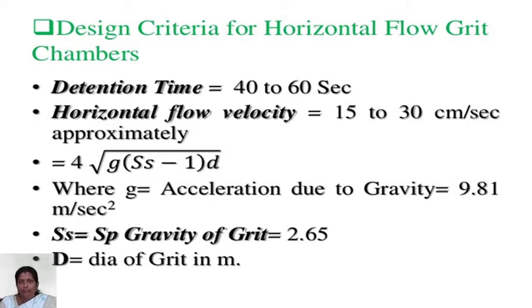Then design criteria for horizontal flow grit chamber. The retention time is chosen as 40 to 60 seconds. Horizontal flow velocity is approximately 15 to 30 centimeters per second, which is found out by v equal to root of 4 into g into (s suffix s minus 1) into d, where g is acceleration due to gravity, 9.81 meter per second squared, s suffix s is specific gravity of grit, almost always 2.65,